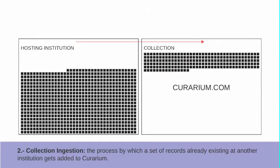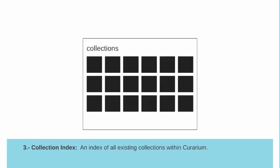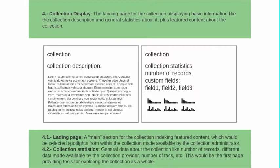And then from that, you move into an individual collection, and this is when you start to interact with the collection as a whole. The way we're thinking of this right now is you would see first a very descriptive page of the collection, and in parallel to that, you would see